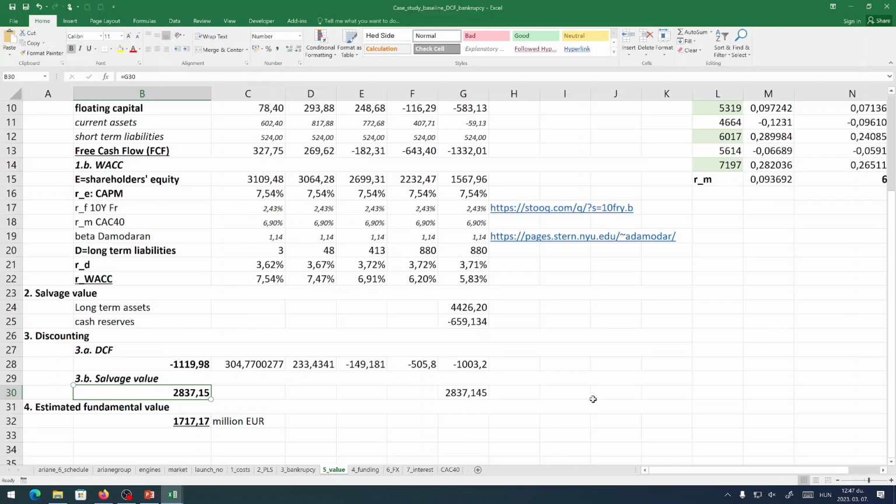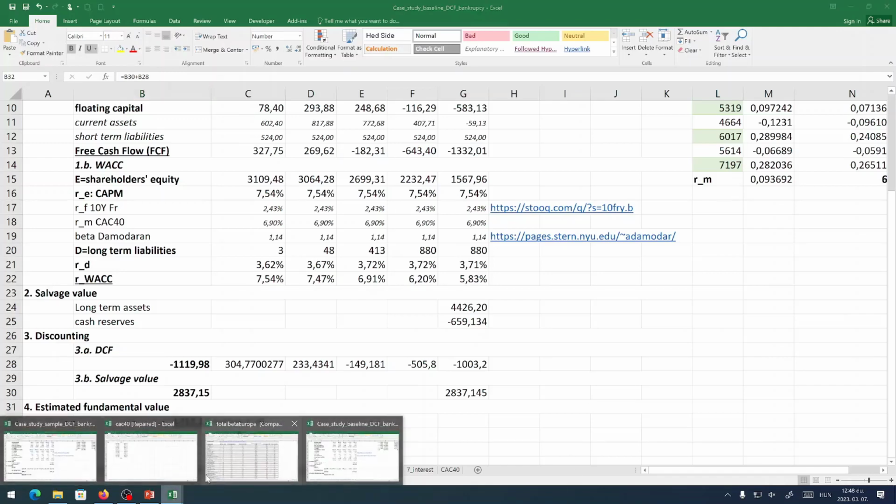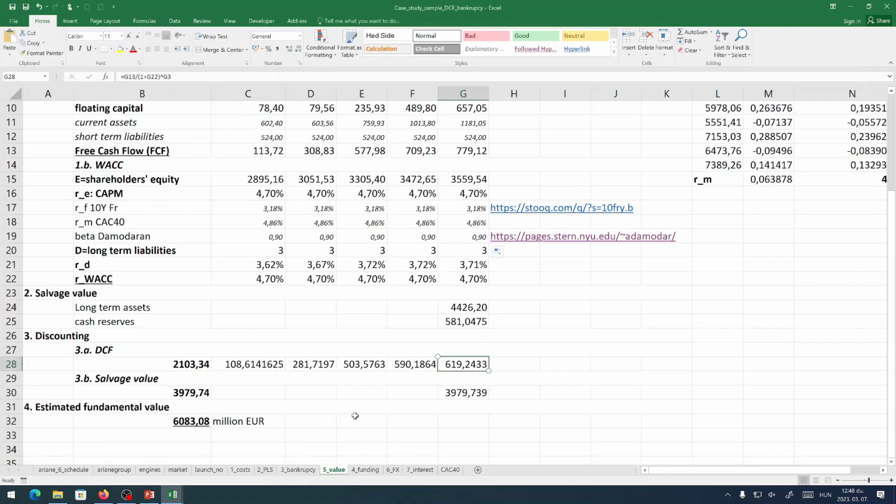So to be honest, you should somehow deal with it. If it were a real company, I would dig into the non-financial reporting part to see what these intangibles are exactly. Right now we don't have this luxury here, but if you would like to make it more realistic... it doesn't matter so much, because at the end of the day the shares can still be valued, or the company can be valued as 1.7 billion, while after all my changes, okay, it's increasing